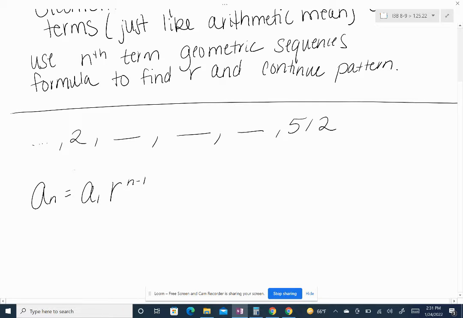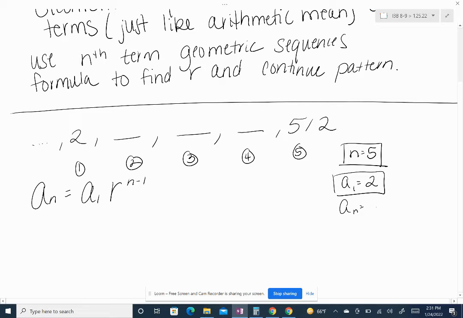So same as before, we're going to count how many terms we have. We have 1, 2, 3, 4, 5. n is equal to 5. a sub 1 is going to be our first term, which is 2. a sub n is going to be our last term, which is going to be 512. So we have the number of terms, the first term and the last term. Now we can plug and chug into the equation, and then we're going to be able to solve